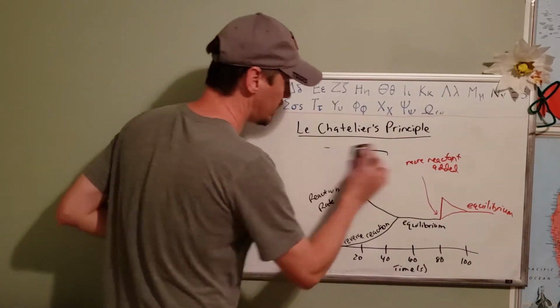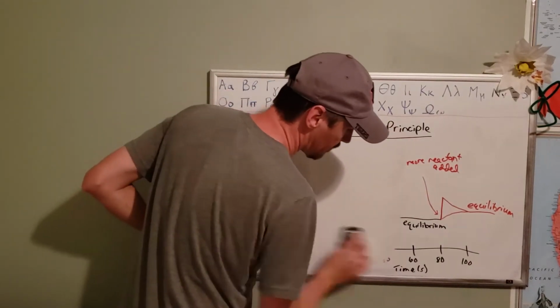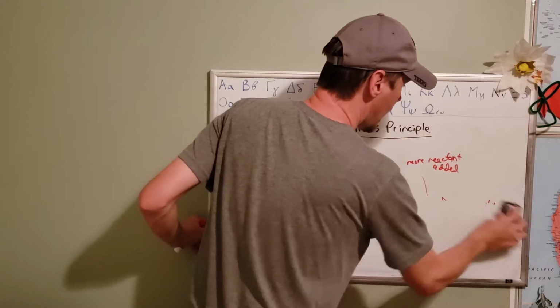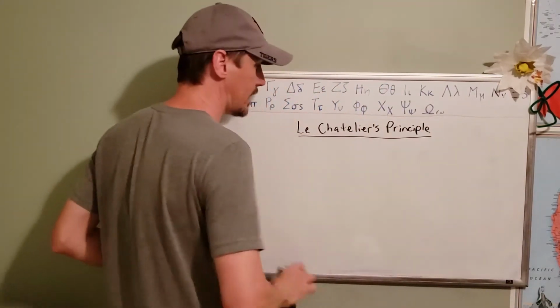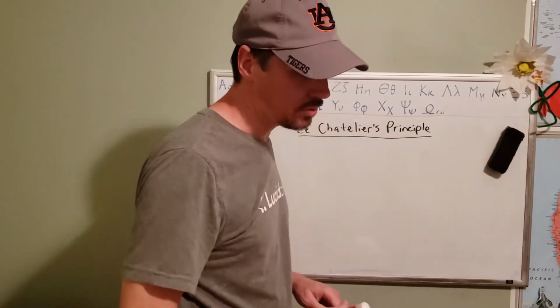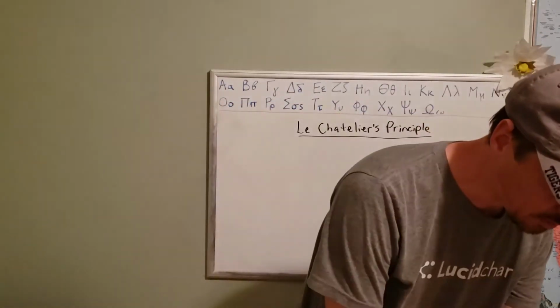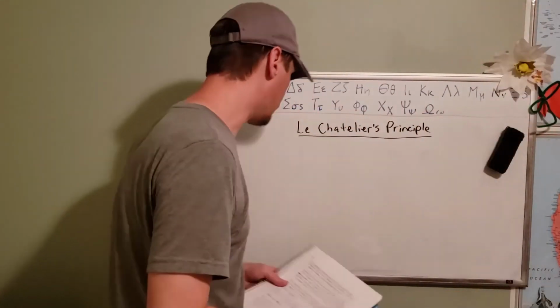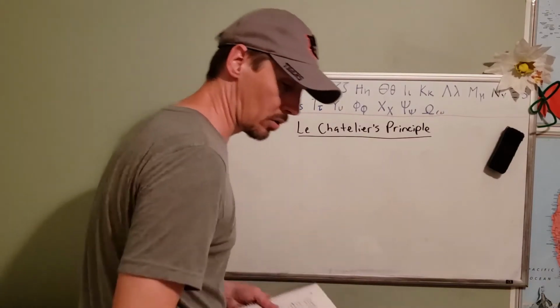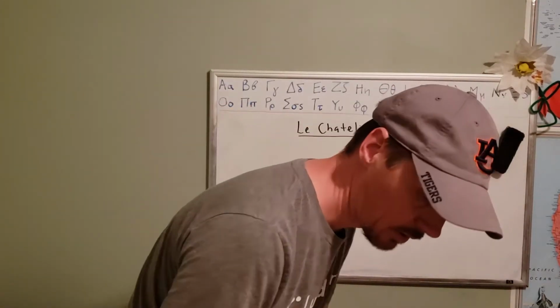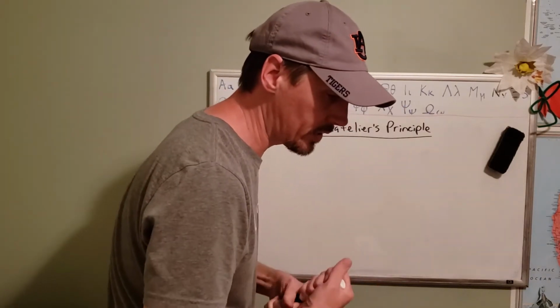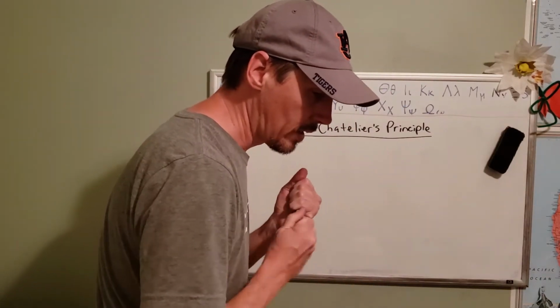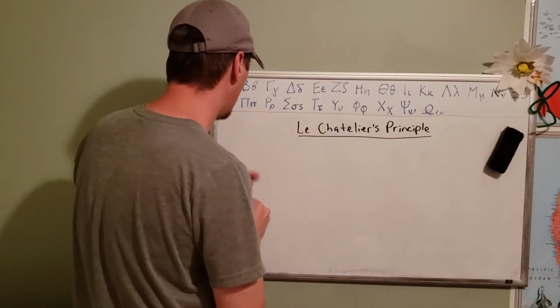What is Le Chatelier's principle? It describes this phenomenon where when you add a reactant or a product to a chemical reaction that's taking place, what's the result going to be? We'll do this with a black marker, so it'll be a little easier to read. So let's give you a definition for Le Chatelier's principle. And it basically says, make sure you know this,